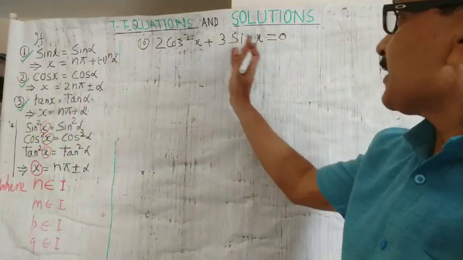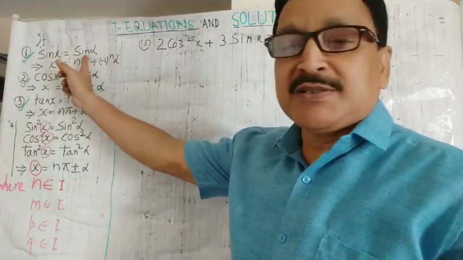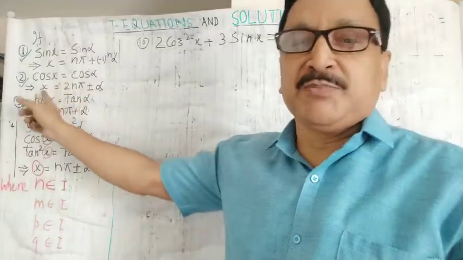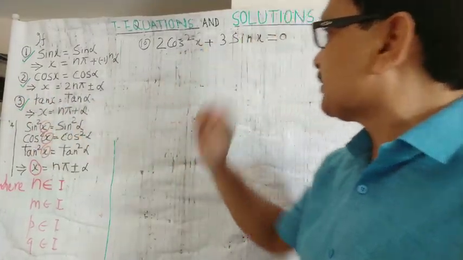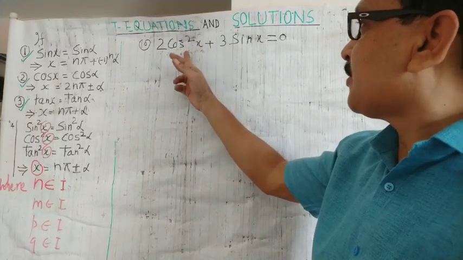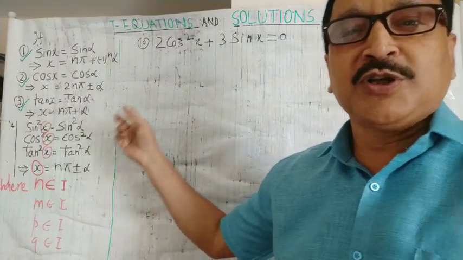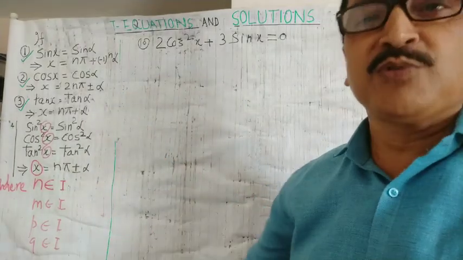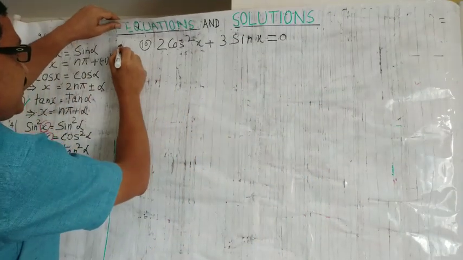If there is sine, there must be sine on both sides, there must be cos on both sides, there must be tan on both sides, there must be a square on both sides. But there are two terms, one is cos, the other is sine. So all must be converted either to cos or to sine, or otherwise you are not going to answer the question. Let it convert. You know from class 10,